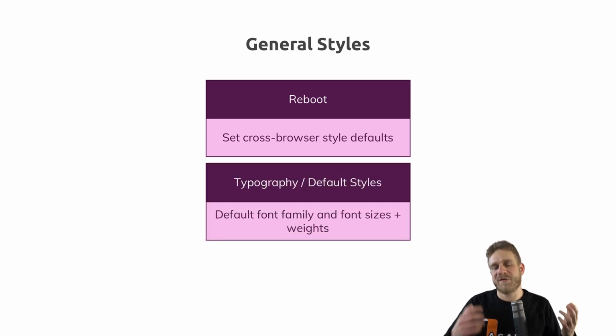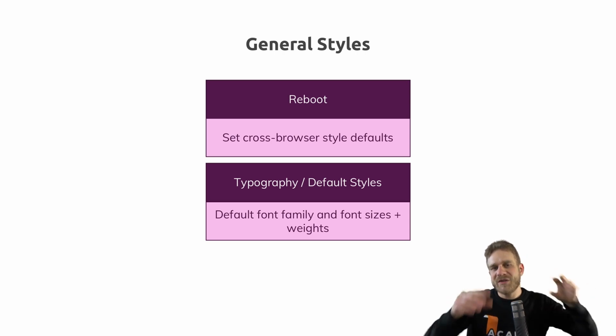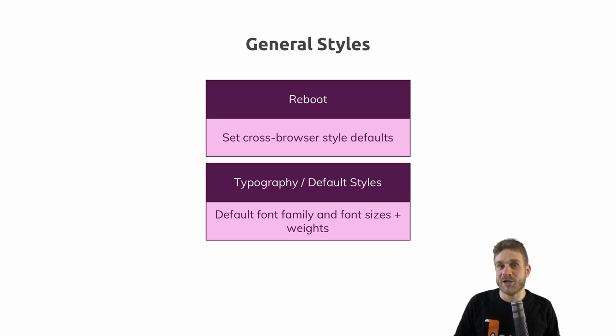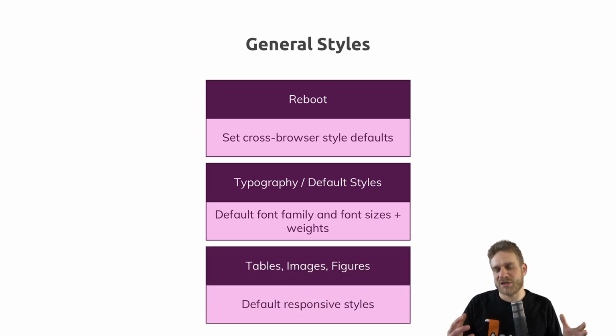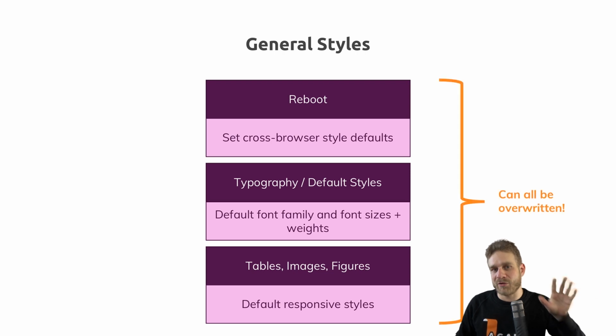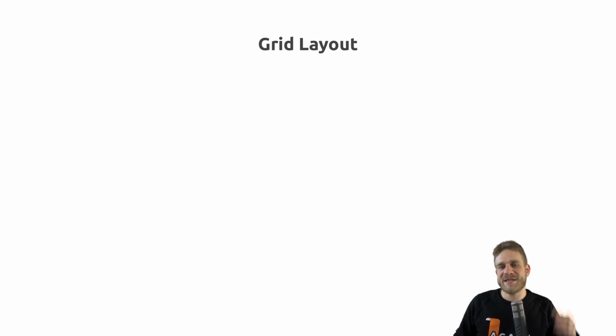Thereafter, there are default typography styles. So styles for headings, paragraphs, spans, code, and so on. So all these default HTML elements, which you use a lot to construct your page, they receive standard styles by the Bootstrap packages. And the last things are tables, images, and figures. These also get some default styles to look good and professional. So that's the default styling area. You get these styles applied to certain elements no matter if you want it or not, though of course you want it, otherwise you wouldn't use Bootstrap. But these are set by default. You can still override it with your own CSS rules, I will say that, but this is what you start with. Now the next building block is the grid layout.